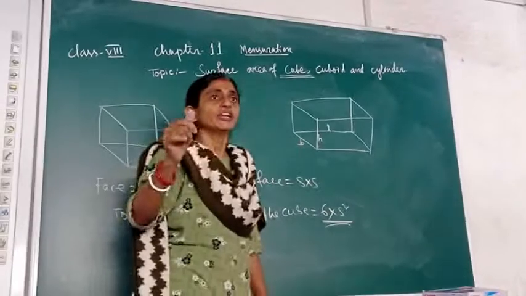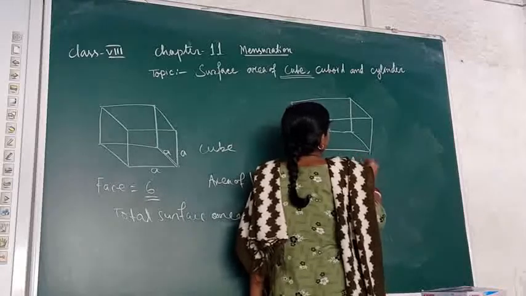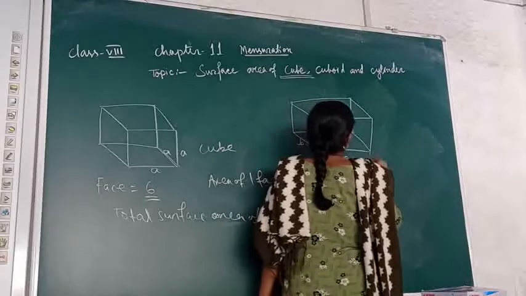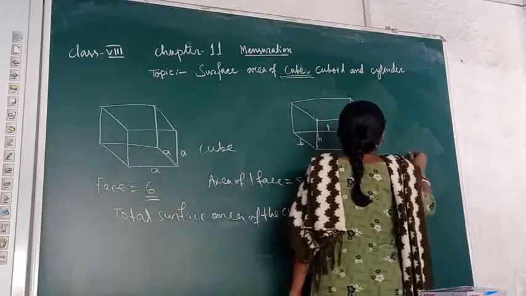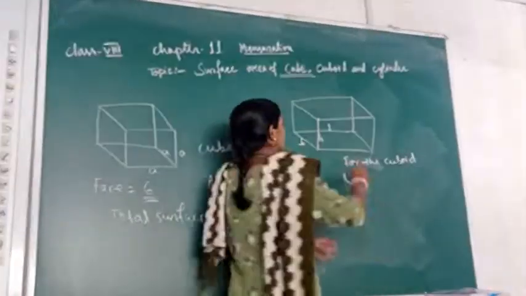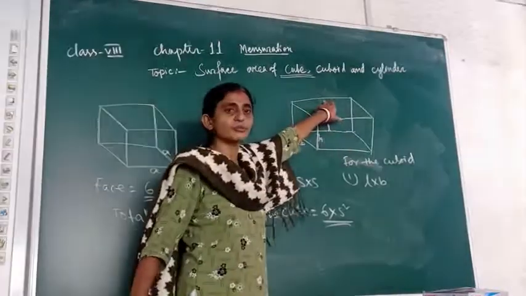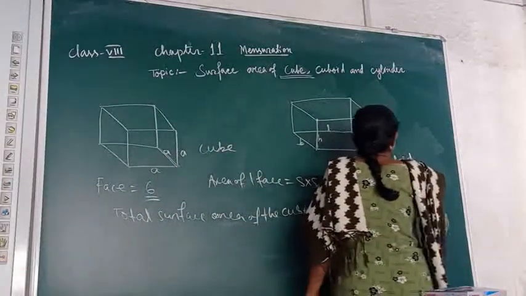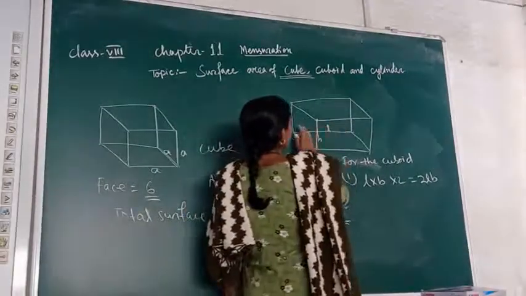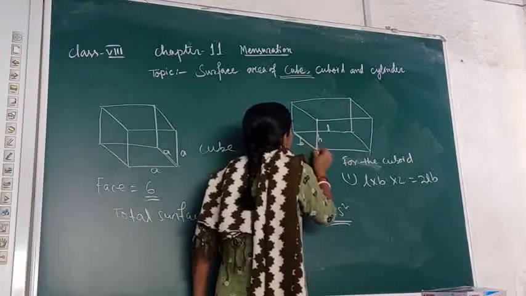So these two, the area of the base and the top, will be how much? The first one we will take has one base and the identical top also. The base has the area of length into breadth, and it is 2 in number because top and base will be the same. So here I can write this will be 2 into L into B. Now if I am talking about these 2 sides, what will we get for these 2 sides? We can consider the breadth and the height.